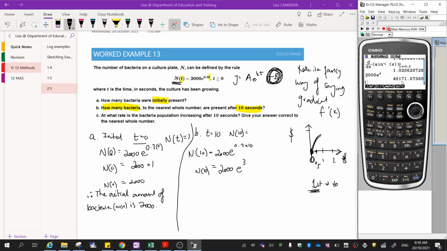So 40171 point, and we're going to round that to 0 decimal places so that it's a whole number. So 40171. Therefore, there are 40,171 bacteria present